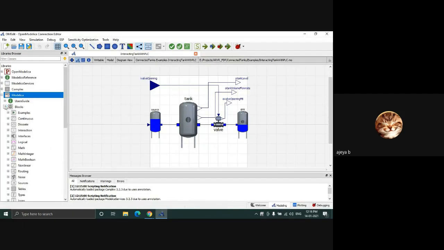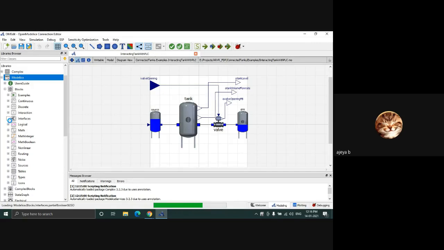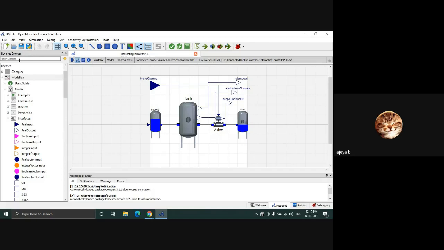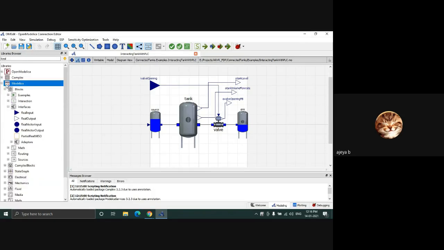So you can do this way, or you can just type "real" in the search bar, and then you can go through the Modelica standard library. You can get real input and real output. So it's just dragging and dropping, and then the port's name is kept such that the variable name is consistent in the CodeSys as well as in the Modelica, and the first character represents from where the data is going to, that is the data flow path.